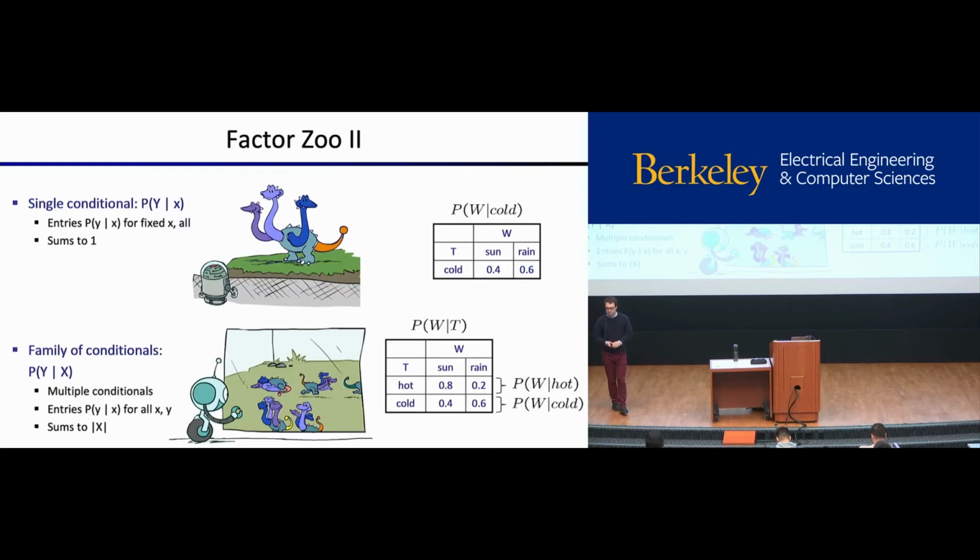Yeah. So this is just like the original table, but each row is normalized to 1. This is like the joint distribution, but each row is normalized to 1. I think that's correct, yeah.